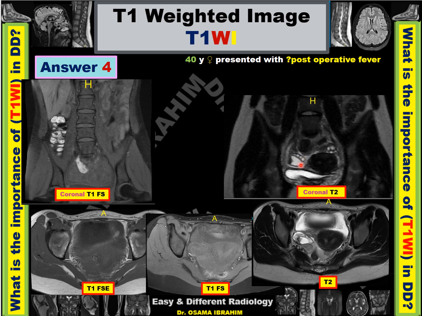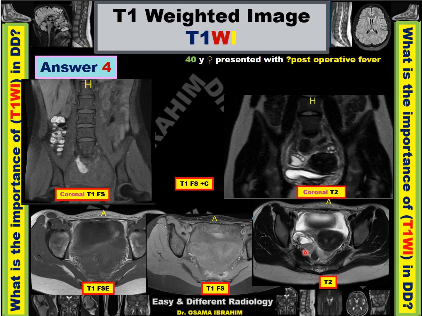cystic component lesion. Until now, there is no clear differential diagnosis because there is no high signal in T1, and the fat suppression is not adding more for this. So without a fatty component of the lesion, we can depend on the other sequences like contrast, which can help us